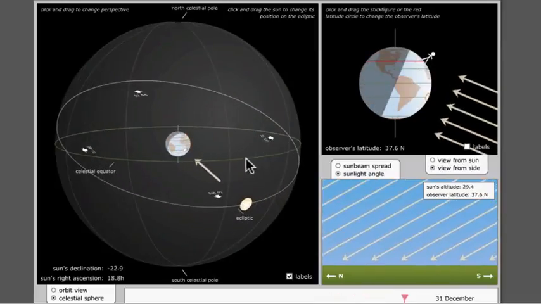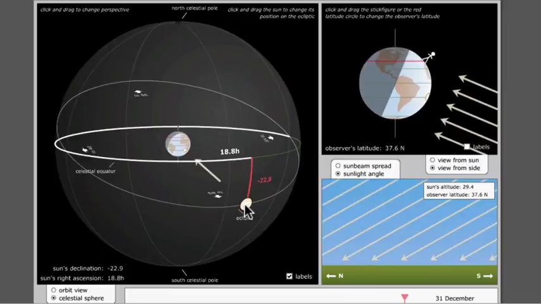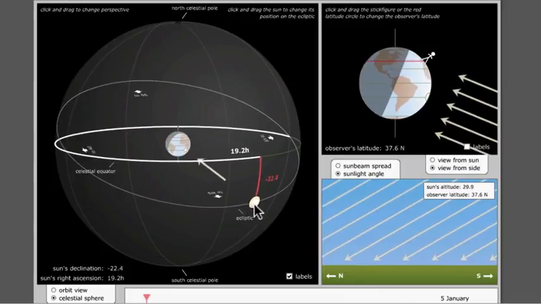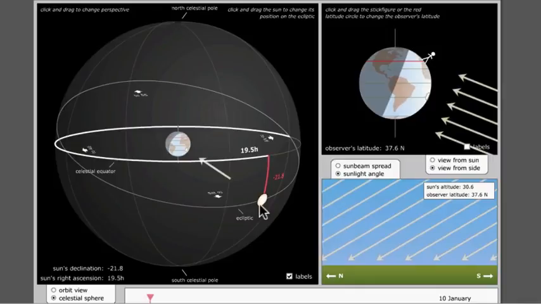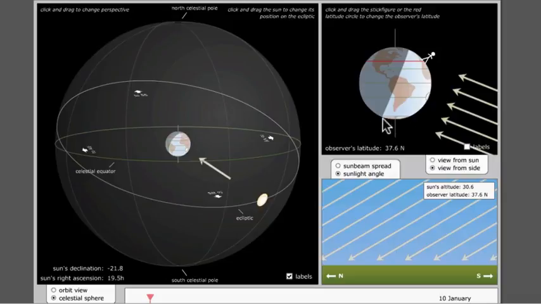and as the sun continues its path to its December solstice, in December, the sun is as far south of the celestial equator as it gets. It's at a declination of negative 23.5. At this point, the sun is overhead at a latitude of negative 23.5. The entire Antarctic Circle, latitudes within 23.5 of the south terrestrial pole, have 24 hours of sunlight, and latitudes within 23.5 of the north terrestrial pole have 24 hours of dark. The sun never rises in the north and never sets in the south, and maximal heating is at southern temperate